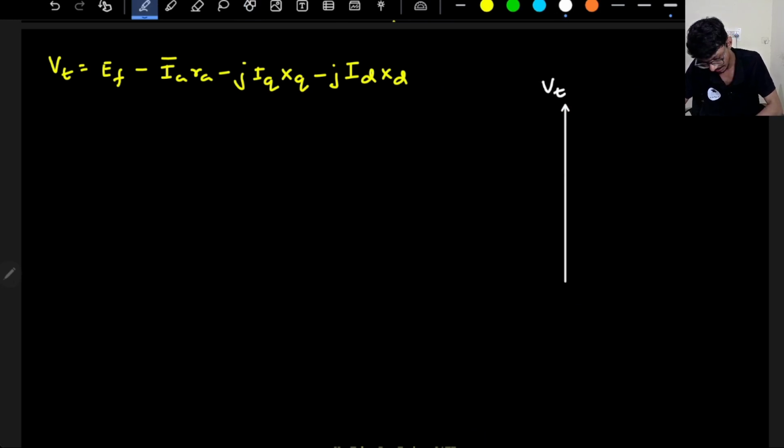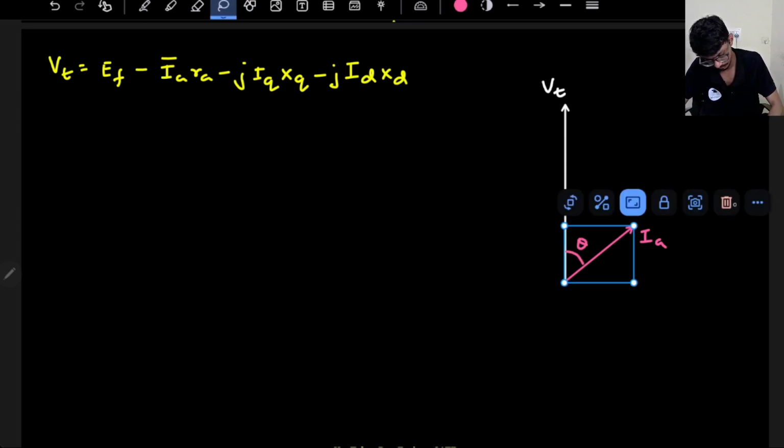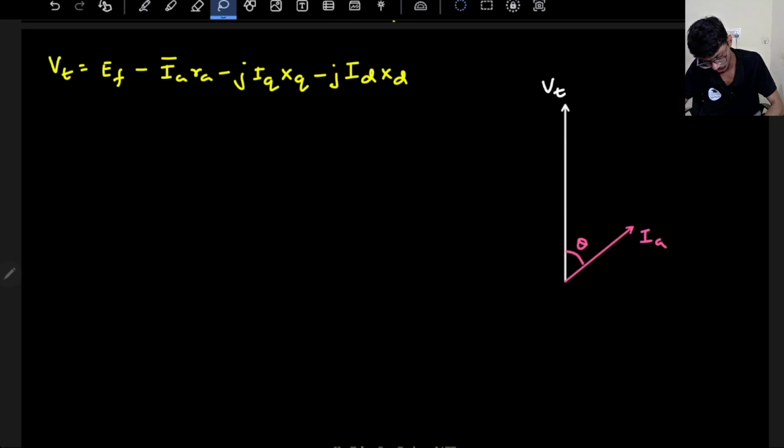If it's a lagging load, Ia will be somewhere here. This will be my Ia basically, and this is my theta, and this will be my EF. EF will lag. How it will lag, I will show you. So basically this time, if I write my EF,